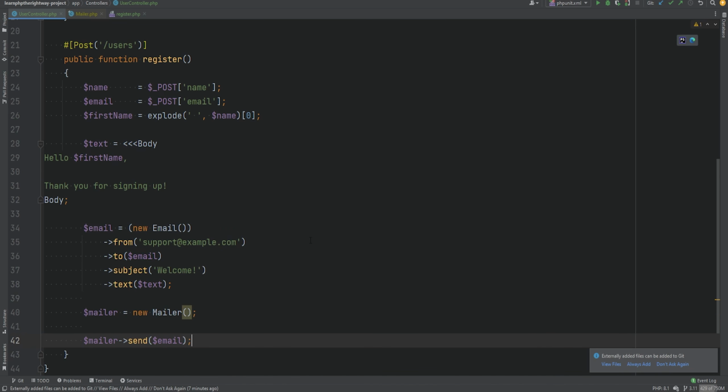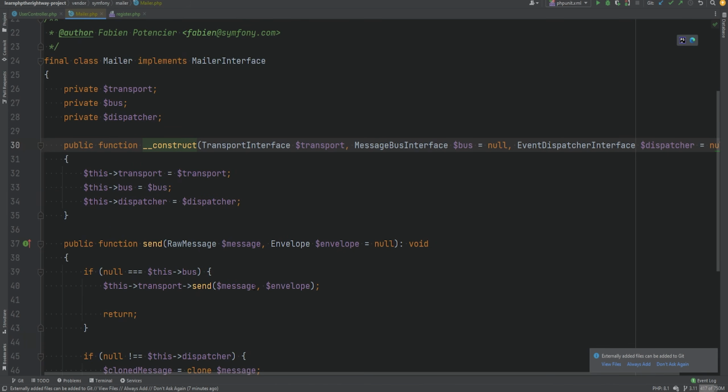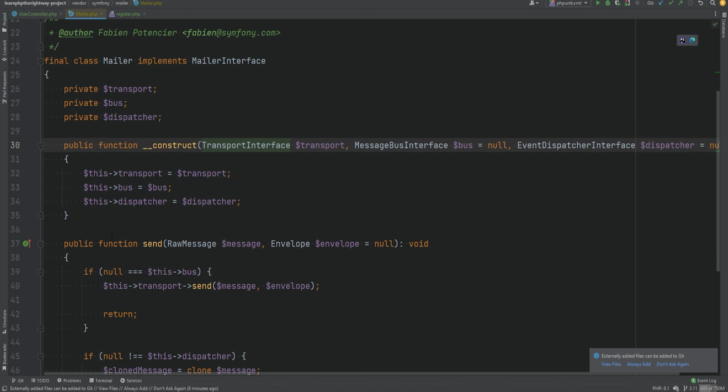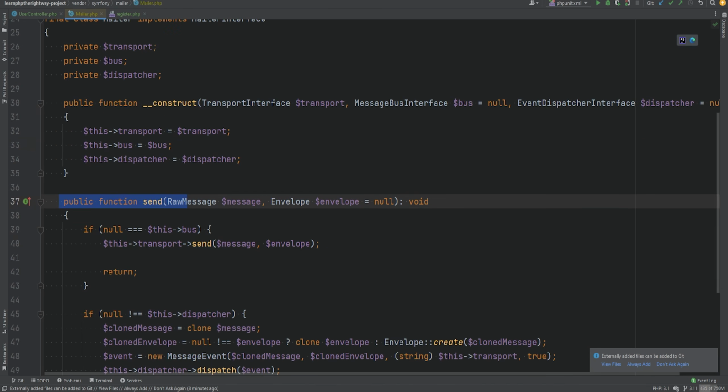As you probably noticed, the mailer class has a required constructor parameter, which we are not passing, and that is the transport object, which implements a transport interface. The transporter is actually responsible for sending the email message using a protocol, hence why we talked about SMTP and other email protocols. So if we inspect into this interface, we see that it just has a single method send. If we check the send method on the mailer class, we see that it just calls the send method on